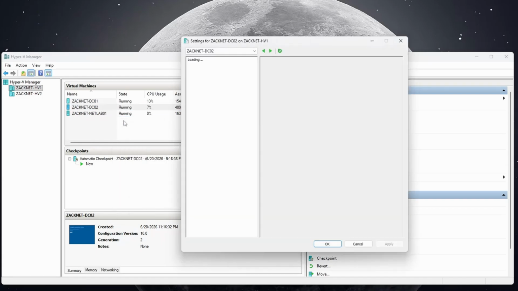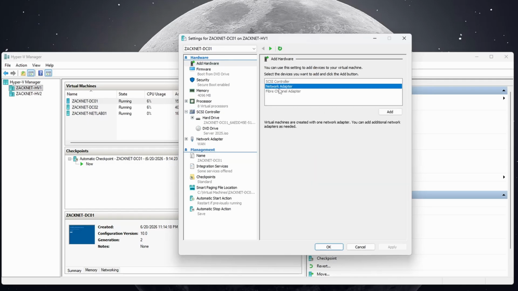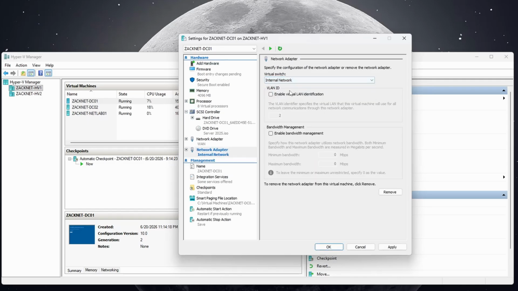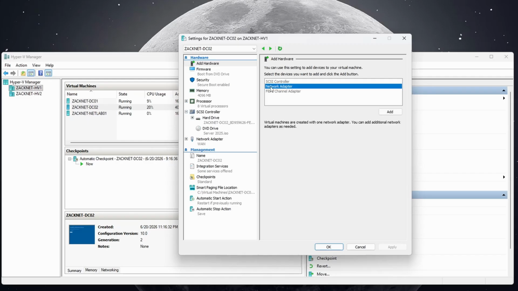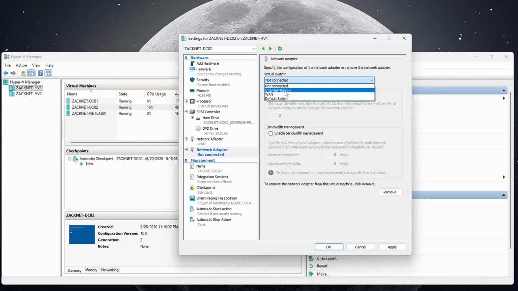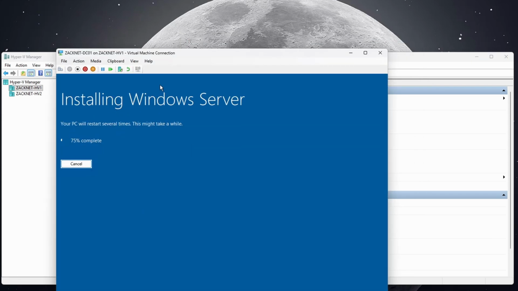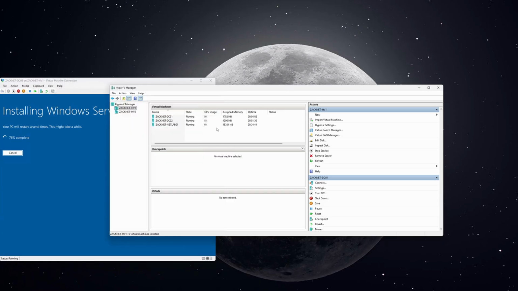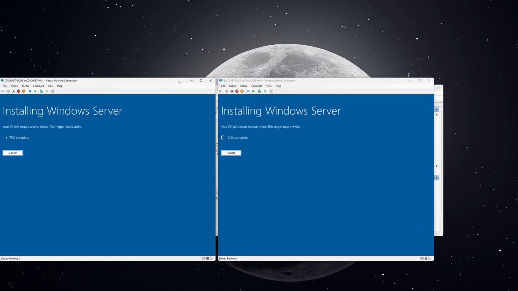One major thing I forgot to check was, let's give these guys an extra network adapter. We're going to do an internal one. And for the processes, I guess we can wait till we shut them down as they're still installing. Should be relatively quick. I don't anticipate it taking that long because it's running on NVMe storage,